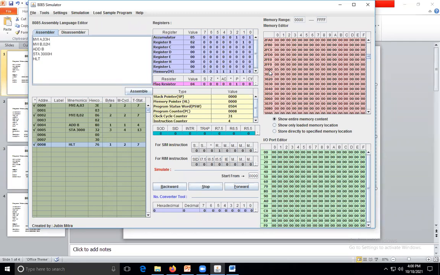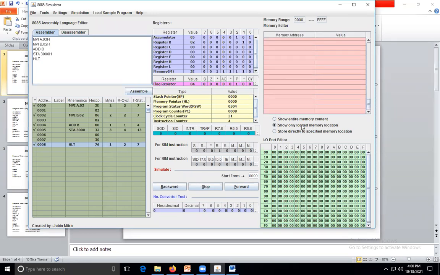See, here is 3000H and here is the value 05. Understood? So at location 3000H we have to store the value 05 in the memory location.